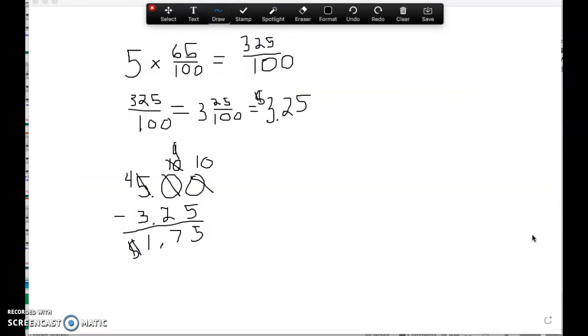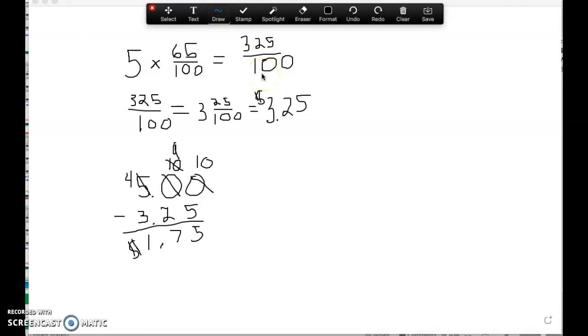Okay, boys and girls, so I know that each bar of soap costs 65 cents. Now, in order to solve this, you can see here I've taken 5, because I'm buying 5 of them, times 65 cents, but I put that into a fraction because 65 cents is the same thing as 65 100ths. Now, to make this easier, I did use a calculator and I multiplied 5 times 65, which equals 325. Remember that I keep my denominator the same, so now I'm equal to 325 100ths, which I know is bigger